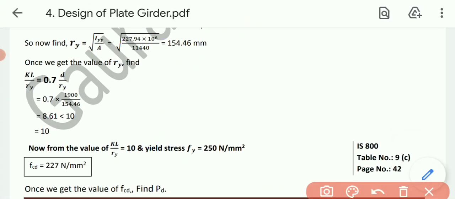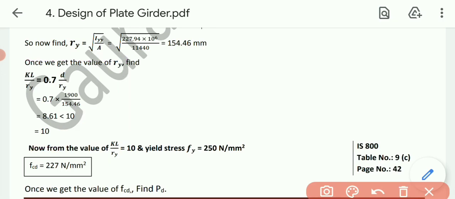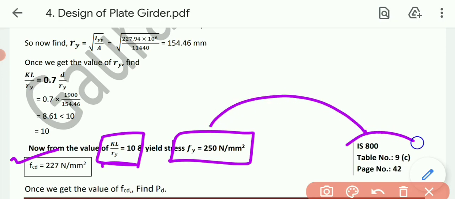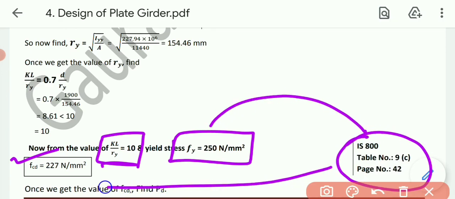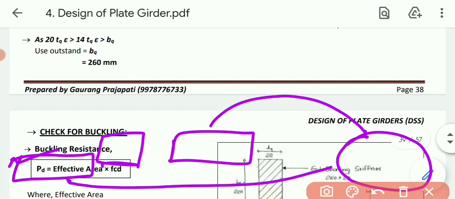See, as it is less than 10, so we are going to take it as 10. Now from the value of KL by R equals 10 and yield stress Fy 250 Newton per mm square, from Table 9C, page number 42, I can get the value of FCD, that is 227 Newton per mm square. Once we get the value of FCD, now we can easily calculate the buckling resistance,